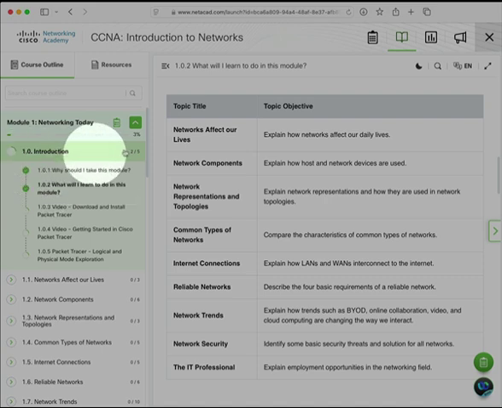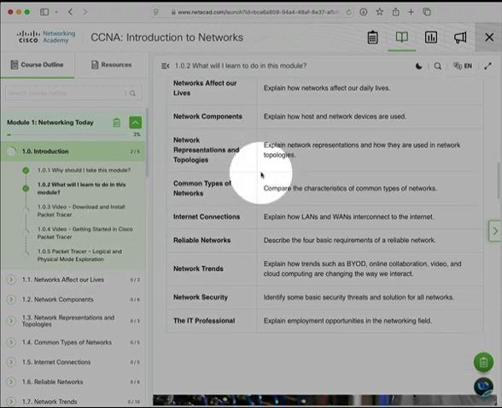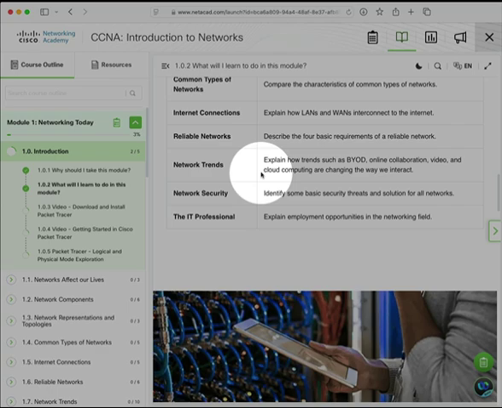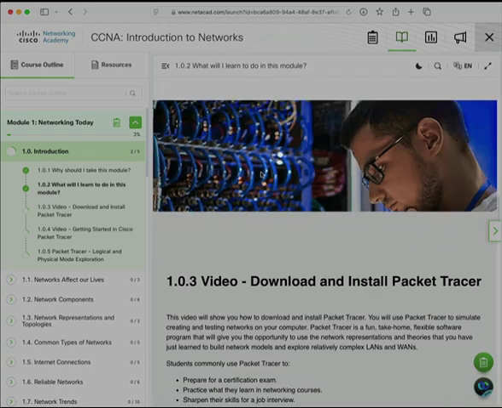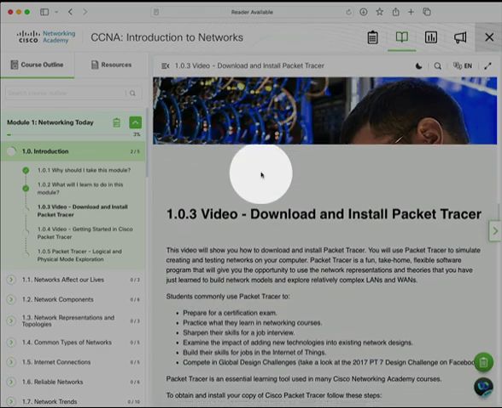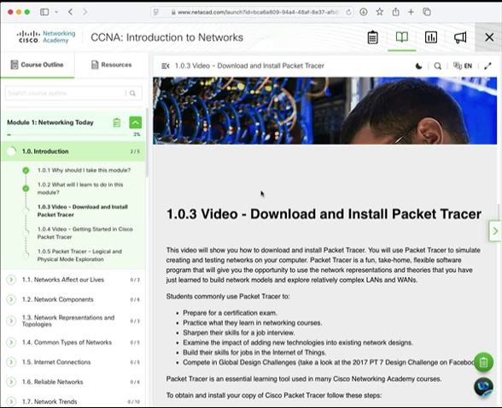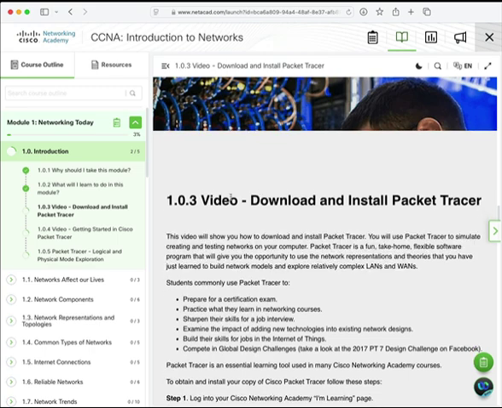And then up here, I have done 2 out of the 5 parts or sections in the introduction, and that makes me a little less than 25% done. The other thing you can do is if you just continue to scroll down in the content window, you will see the next section. So I was in 1.0.2, and now I've scrolled down into 1.0.3,